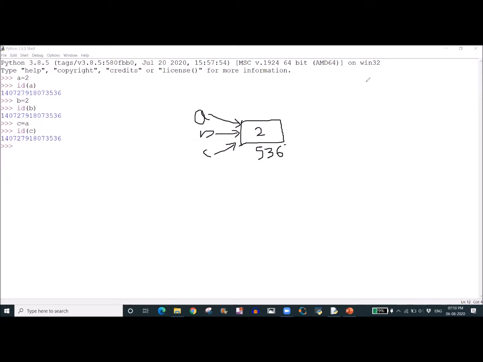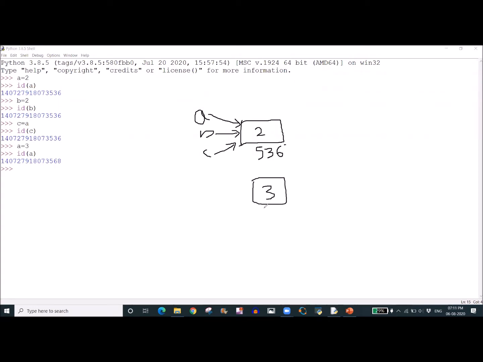Now we are checking what if I change the value of a to 3? If our concept is correct, because the address is allocated to data, now that I have changed the value of a to 3, the address of a should change. Now we will check whether that happens in real time. Now the address of a has changed to 568. What does it mean?